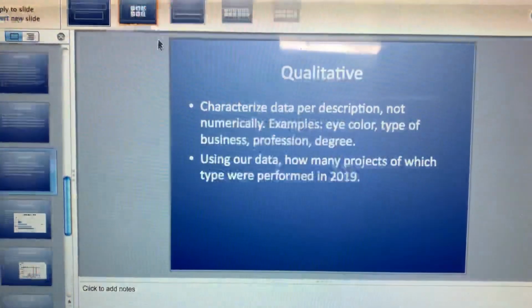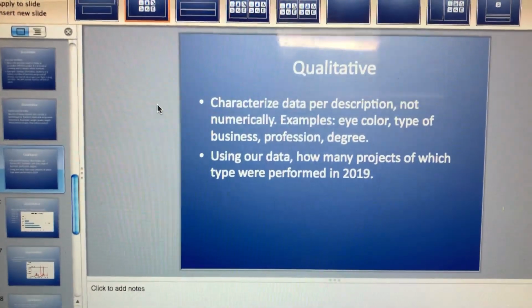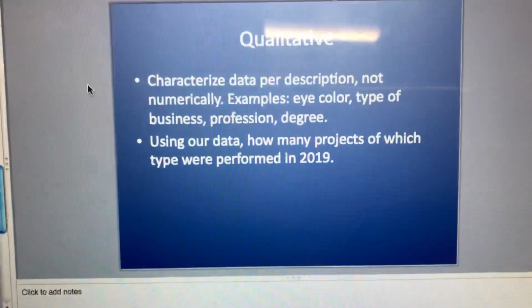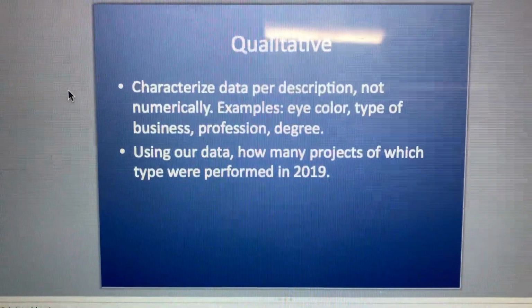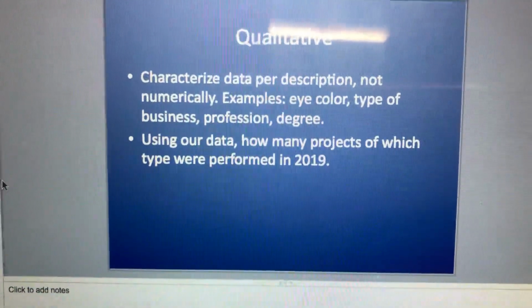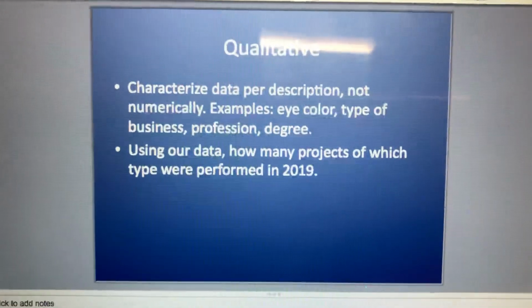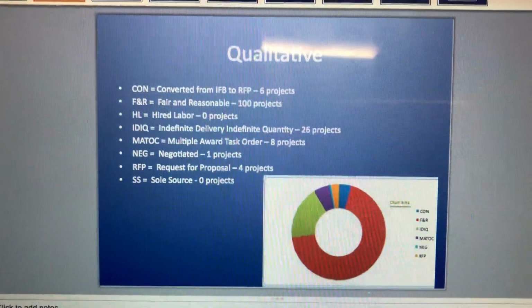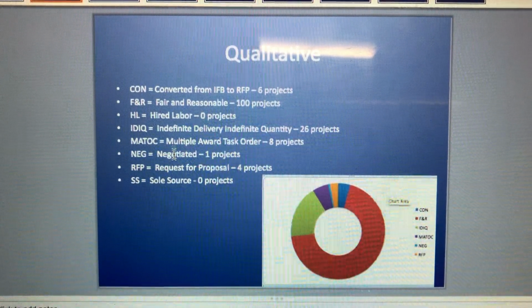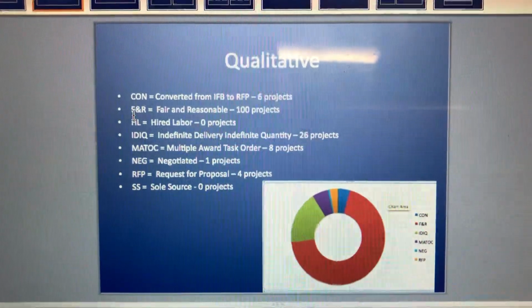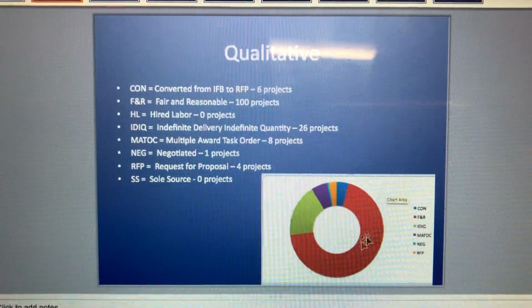With the qualitative characterization, we describe data not numerically. For example, we qualify by eye color, by type of business, by profession, by degree, and using our data, we could qualify what types of projects were awarded. So in here we had all those different types of projects, and we can clearly see that the FNR, the red one right here, was the most awarded